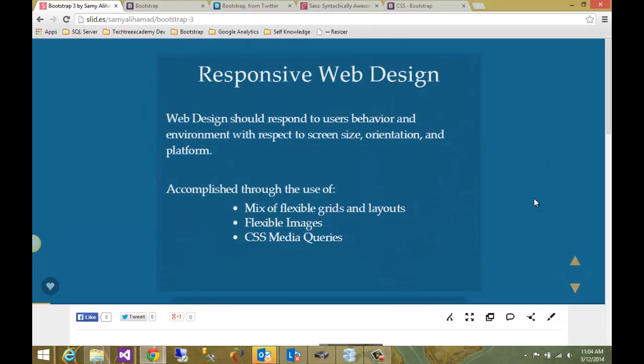So the main thing about Bootstrap 3 is its responsive web design. Each website that's developed should respond to users' behavior. If you're looking at it on a desktop, on a mobile phone, in portrait view or landscape, it should all change dynamically to fit the user's browser, screen size, orientation, and platform. So if it's in IE, Chrome, whatever